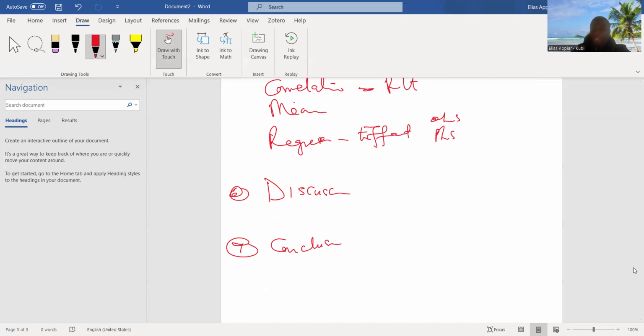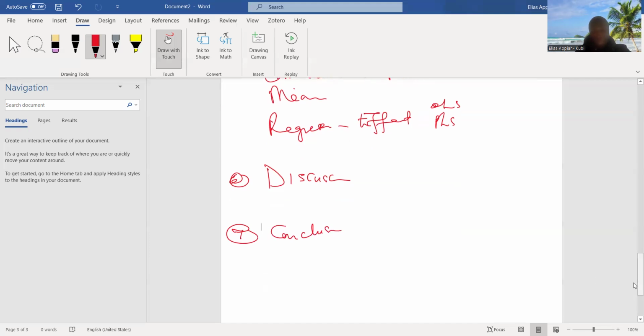So under the conclusion section, there are some issues to cover. Under the conclusion, you have to tell us, you have to summarize the key findings of the study. So sometimes you can start with the objectives. This was the objective of the study, and these are the findings. Okay? And based on the findings, you bring out the implications, what the results mean, or the meaning of the